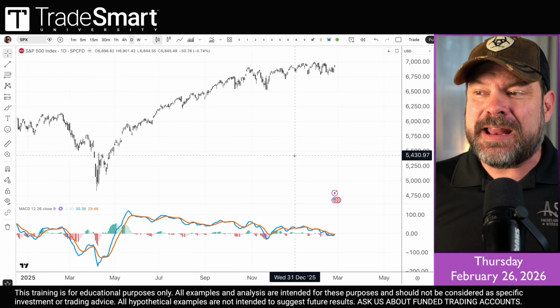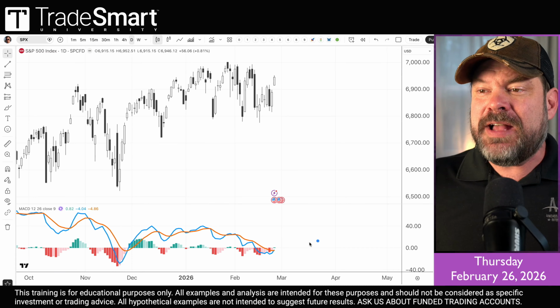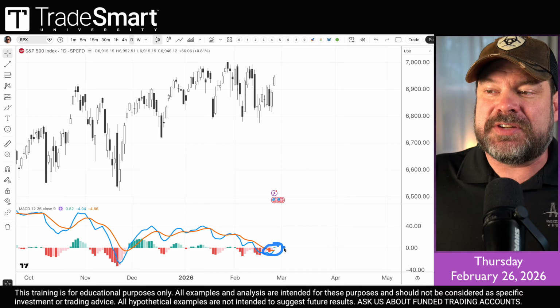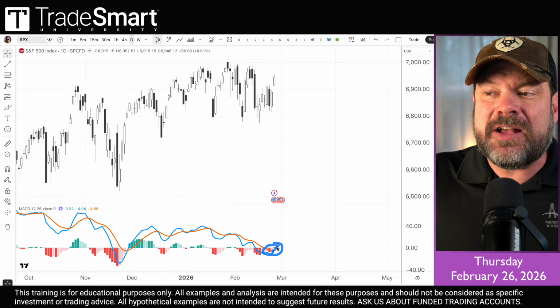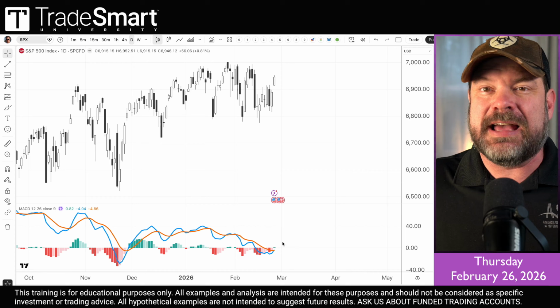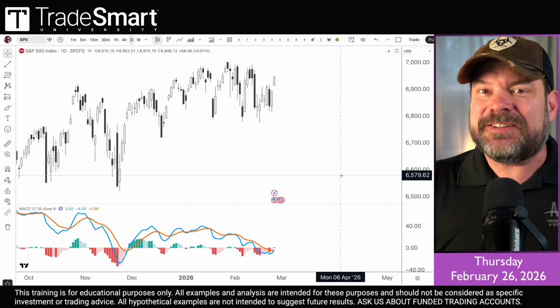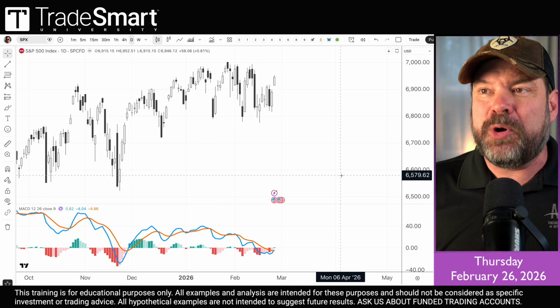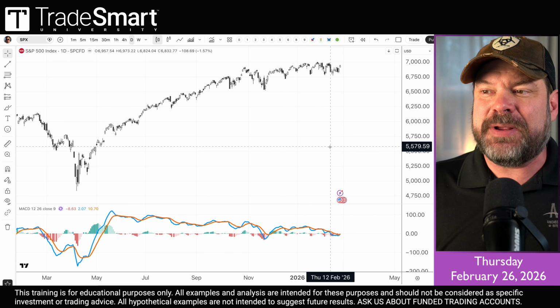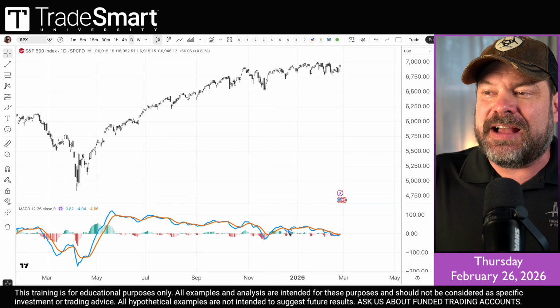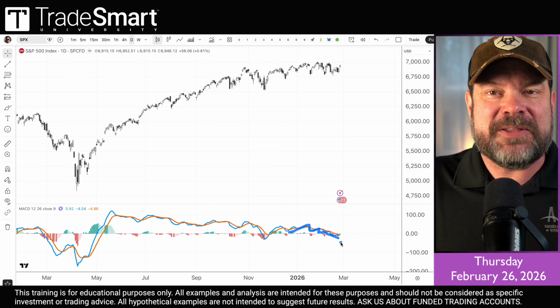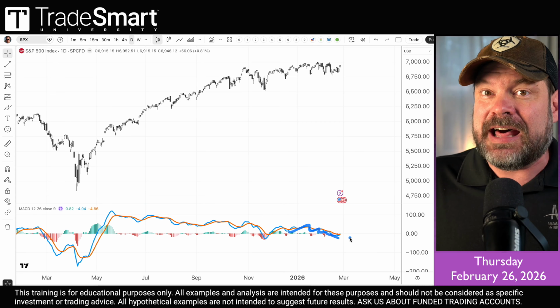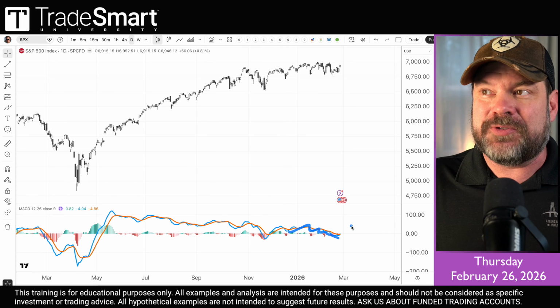Now, one interesting thing to point out: we do have a MACD that's getting ready to cross up through the signal line and might also cross up through the zero line. Specifically, those would be more of a bullish signal, but in the context of bearish divergence and the number of times it's faked us out in the past, I'm not putting a lot of optimism that that's going to drag the market higher.